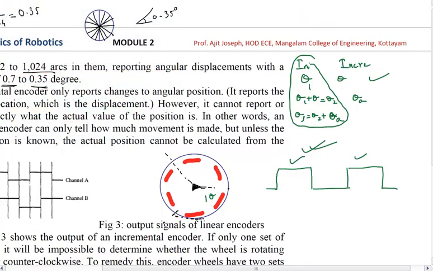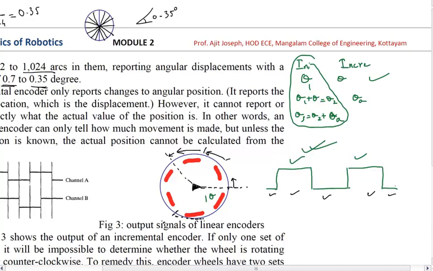So suppose it is exactly here. Now this much portion has no light, so it is going to be a low pulse. This much portion is going to be transparent, so there is going to be passage of light, so it is going to be a high pulse. And then again it is going to be opaque up till this much length, so we will have a low pulse. And again it is going to be a high pulse, which we have drawn here, and again a low pulse, which again we have drawn here.